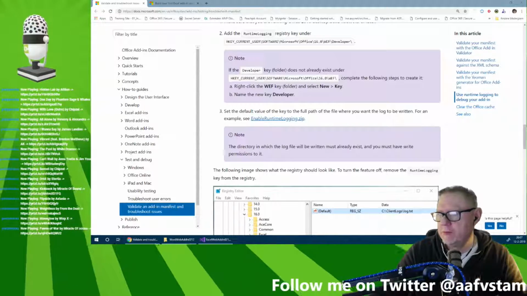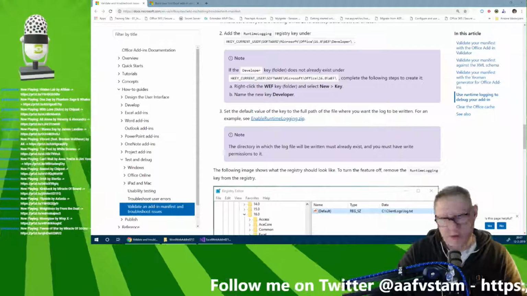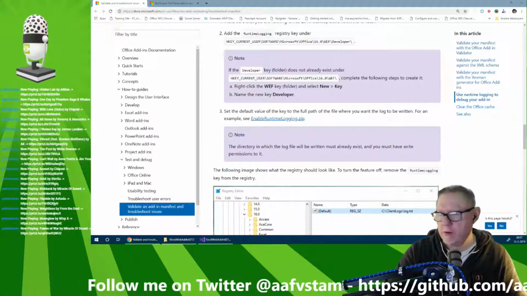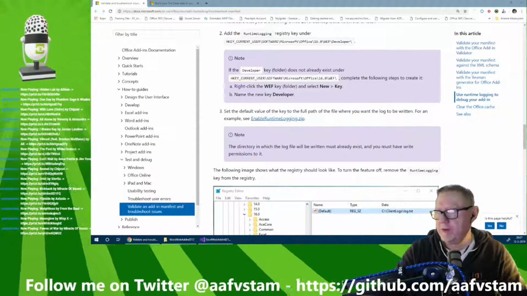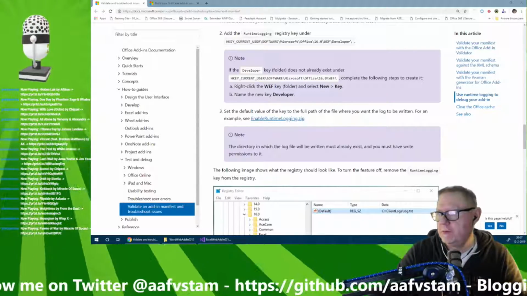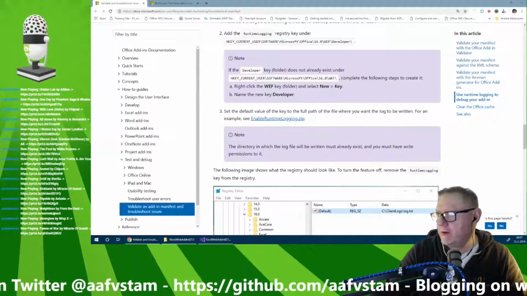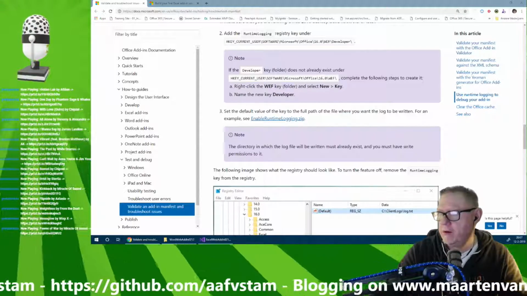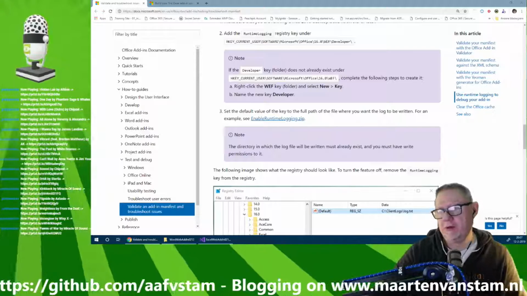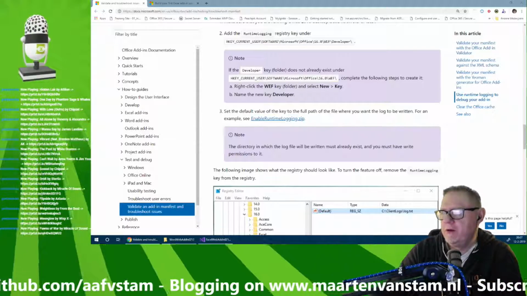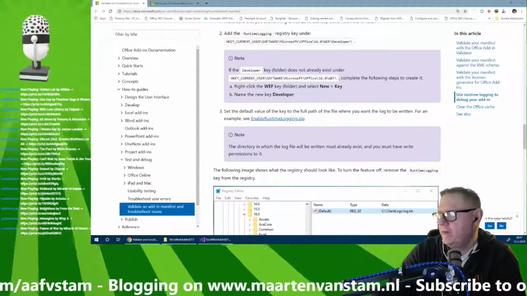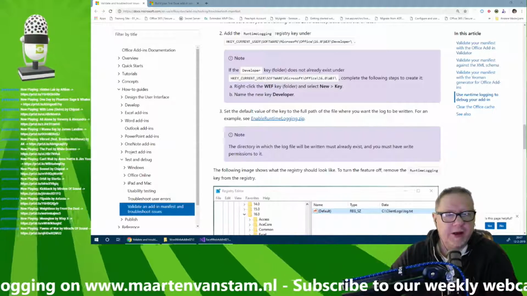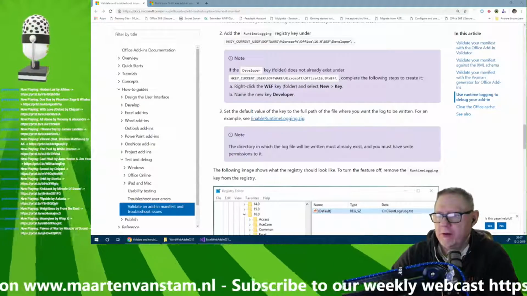Do this for Excel. Five. See, Excel add-ins now trusted, and as soon as I kill the Excel add-in, it's gone again. So that's happening on the back of the registry. If you start your add-in, well, at least I got the add-in up and running. I'm still not sure why it's not working out of the box,